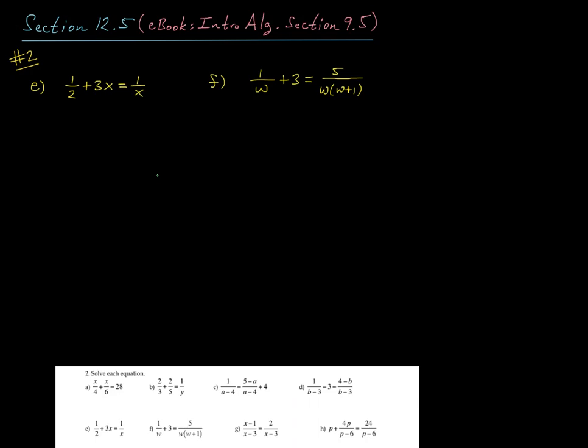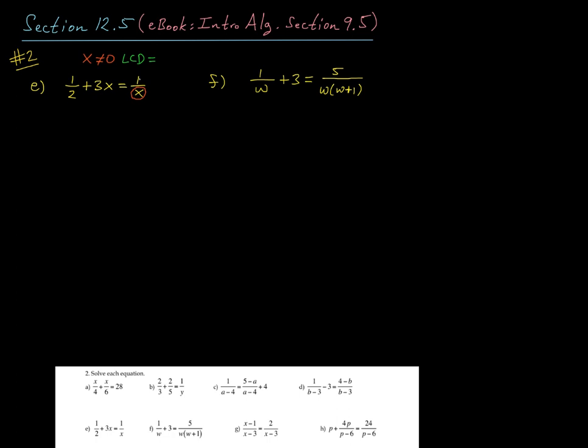Alright, so continuing on now with question 2 in section 12.5, we're going to look at parts E through H. And so with E, we have 1/2 plus 3x is equal to 1 over x. And so first thing again we'll do is list any restricted values, so any value of our variable that will make a denominator 0. And we have to watch out for this one right here. X cannot equal 0. The next thing we'll do is list the LCD,